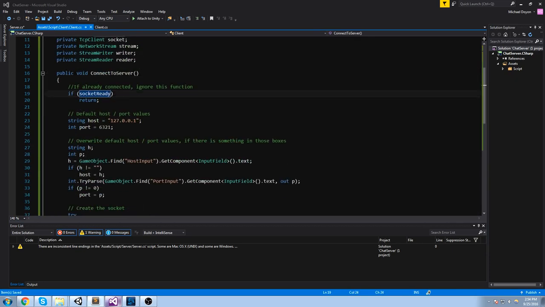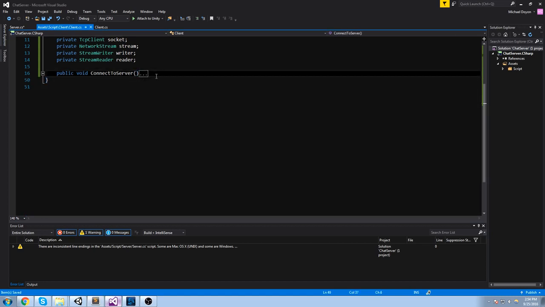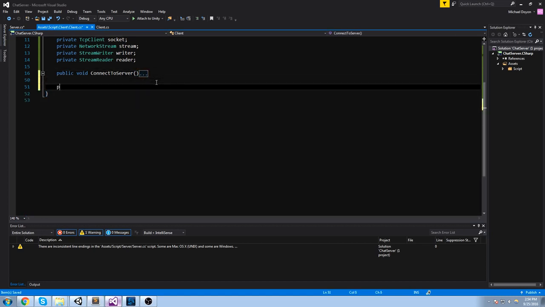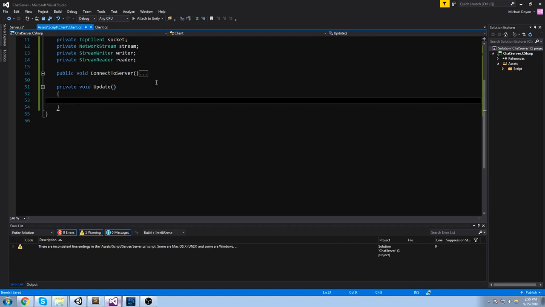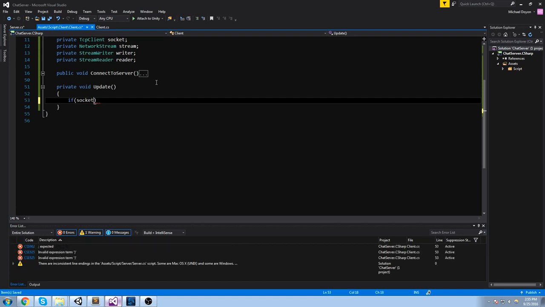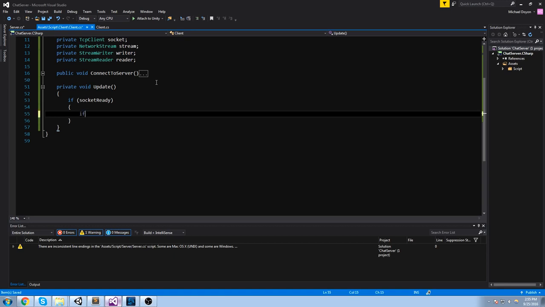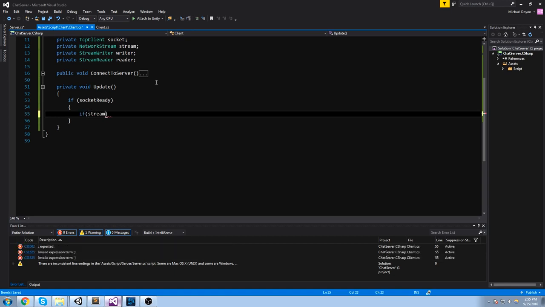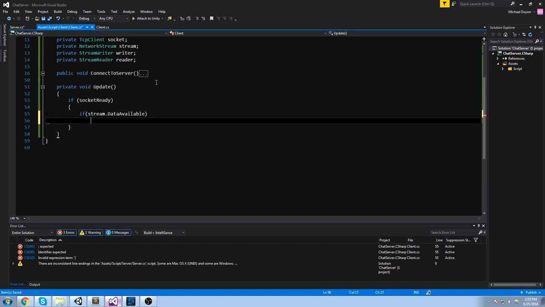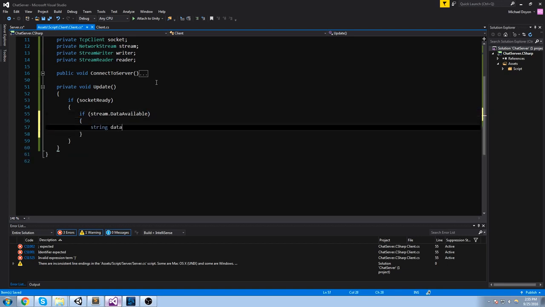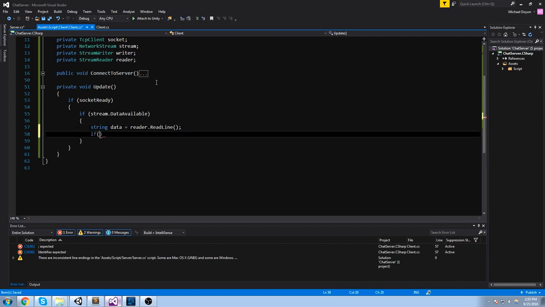All right. Now, what do we do at this point? Let's say that we are connected to the server. We're going to be running loops in an update. We're going to be looking: does the server want to say something to us? Like, is there a message we're receiving from the server? So we have to check that every single frame. Let's assume first that the socket is ready. So if we are connected and the socket is ready, and we have some data available, so if stream.DataAvailable, let's put that in a string again, string data equals reader.ReadLine, and if the data is not null,